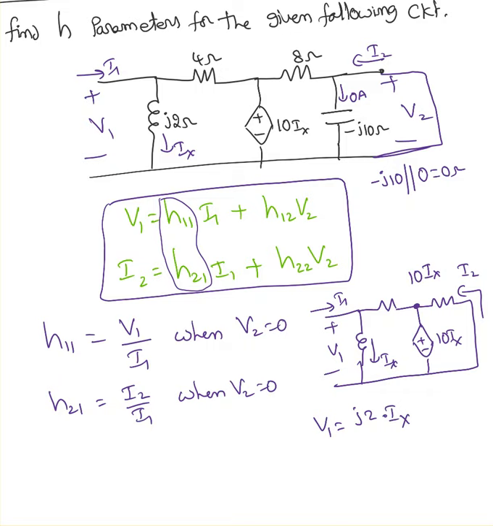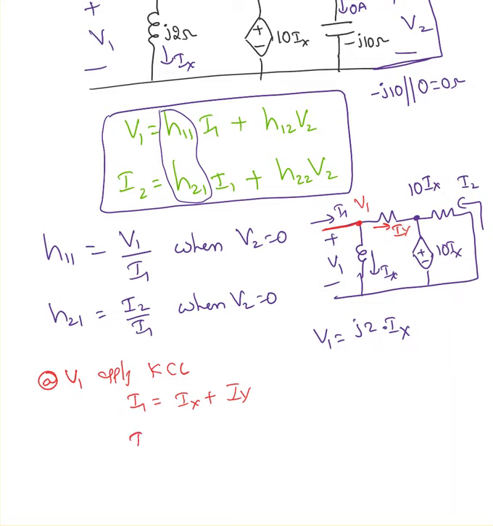Now let me say the voltage at this point is V1, right? Because there is no element here. In this branch there is no element, but I can see the current I1 is entering. I'm going to take Iy, current is going in this direction. So at V1 apply KCL, Kirchhoff's current law. So I1 equal to Ix plus Iy. Okay, I1 I'm going to leave it as it is. I need Ix equal to, I just have that value, Ix equal to V1 over J2